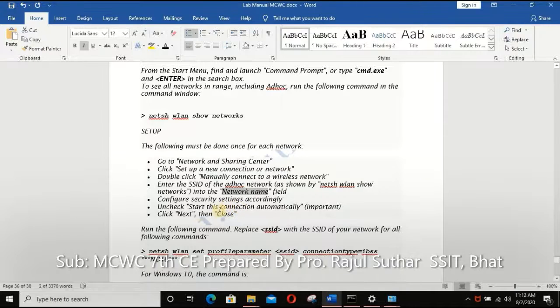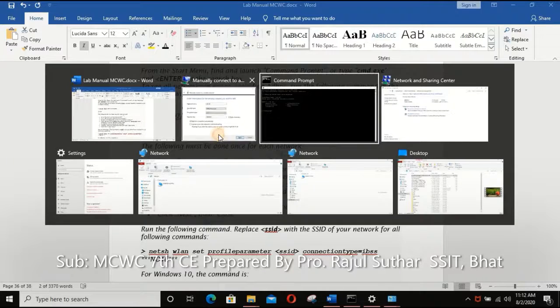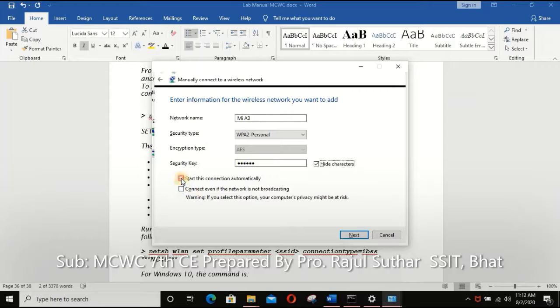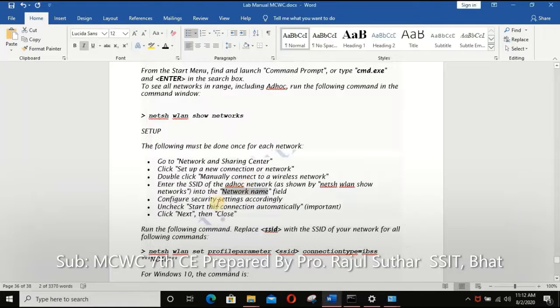Then the next step, configure the security settings accordingly. Uncheck start this connection automatically and click on the next button. So just click on start this connection automatically, meaning uncheck it. It is important.